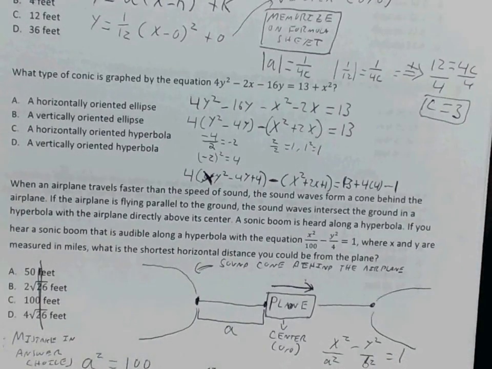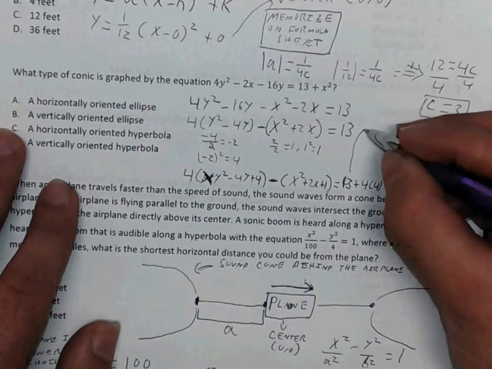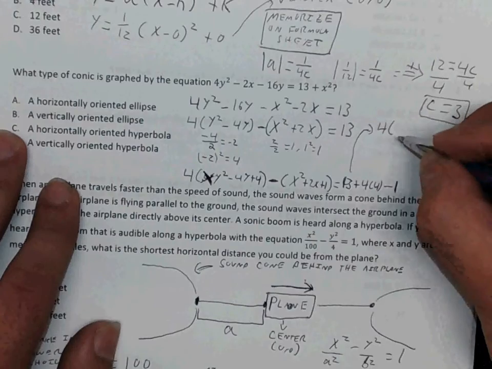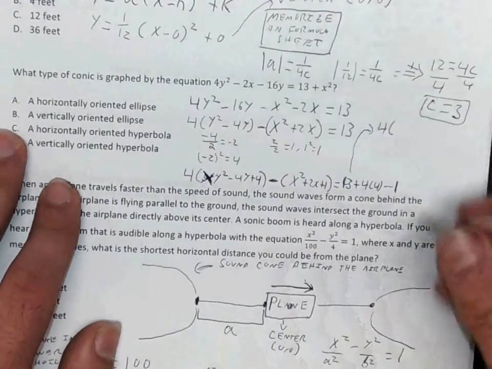So, continuing the equation on to the right side, we'll have 4 times, the first term for completing the square is